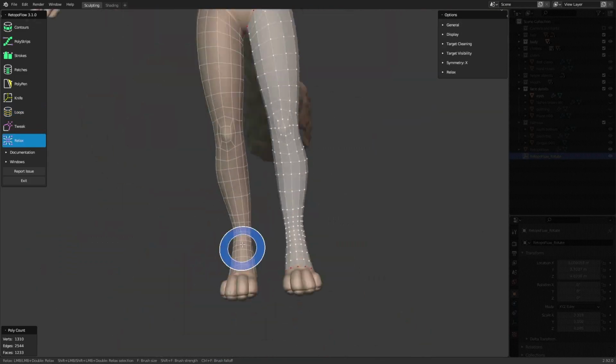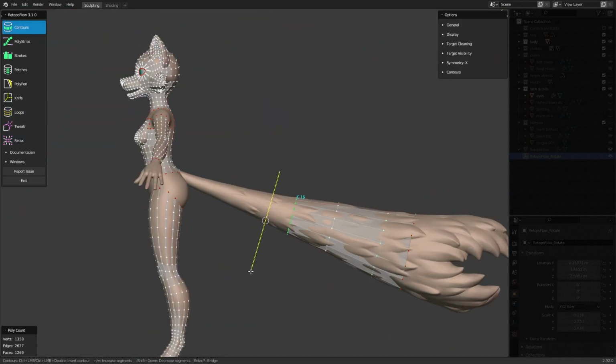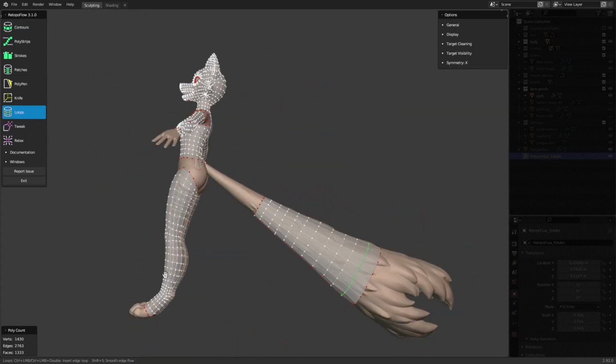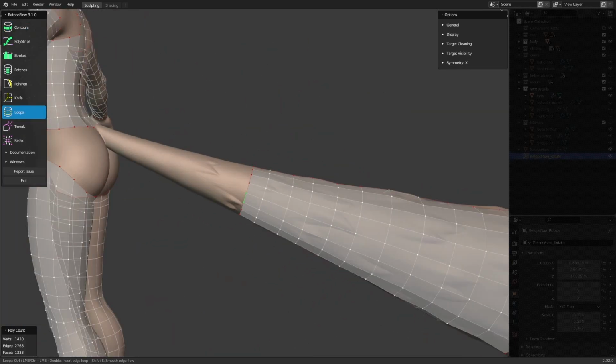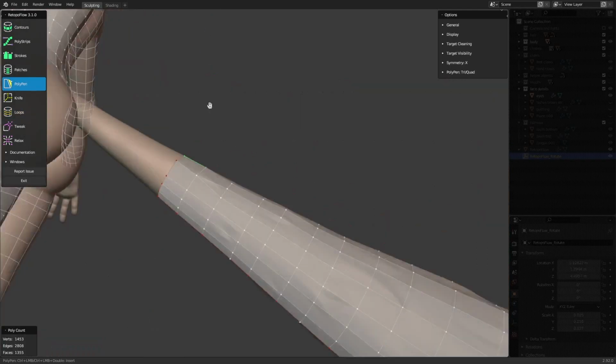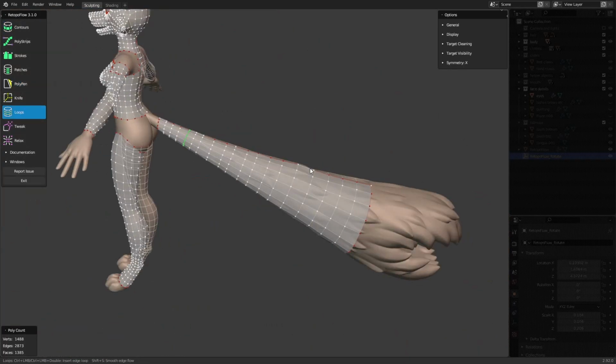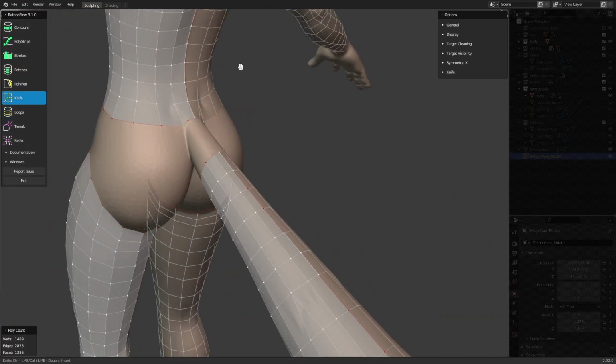And now it's time for the next thing, the tail. Again, I use the contours tool to add in some edge loops around it. Like I mentioned in the last video on the sculpting process, I'm not going to be paying any extra attention to outline all the individual tufts of fur. I deliberately sculpted them relatively flat to the body, so all the extra detail is going to come in with